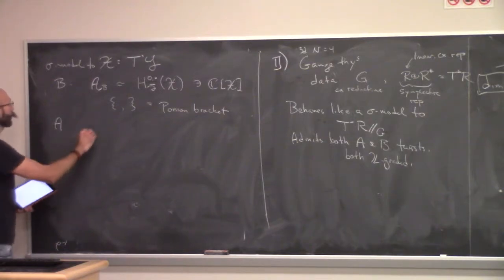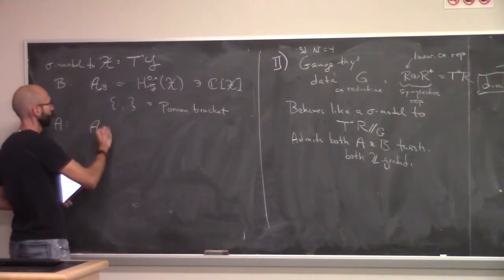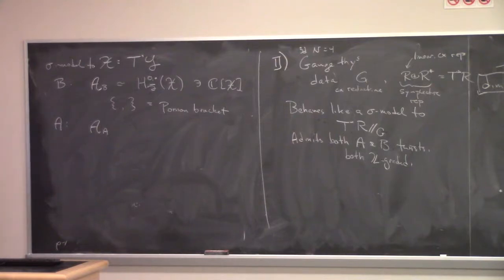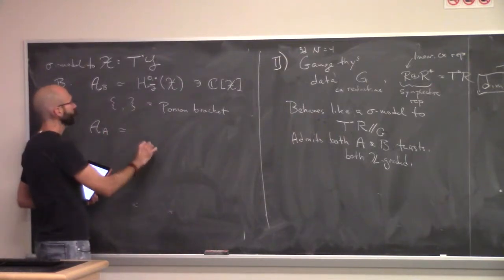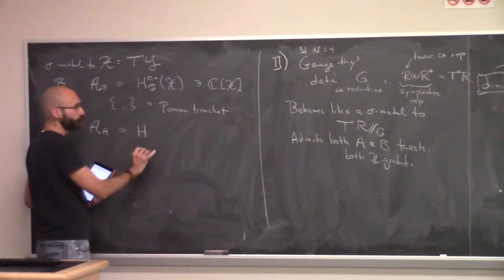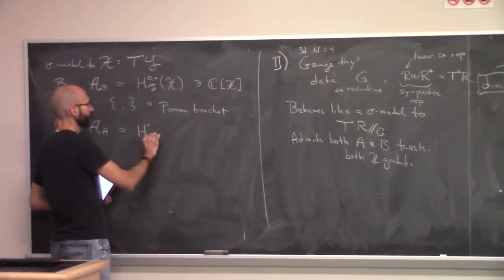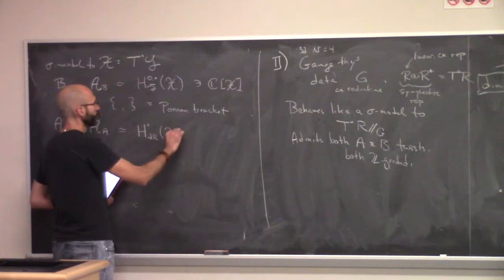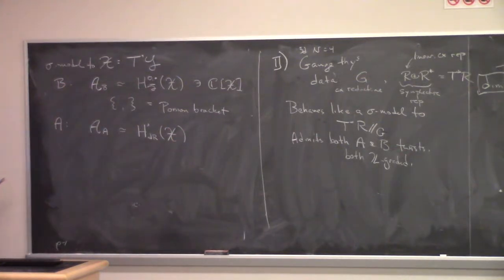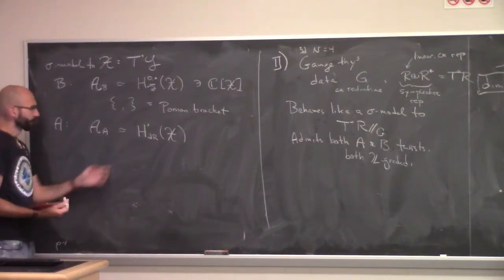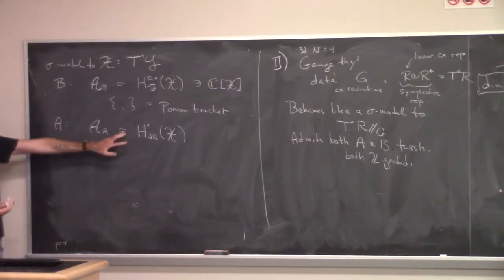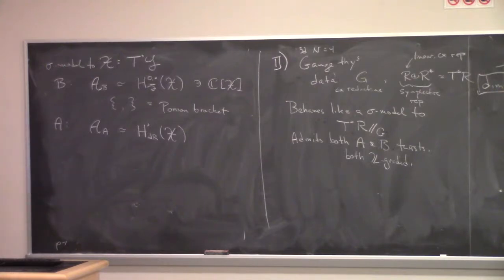In the A-twist, this algebra is much stupider, or much smaller. It's de Rham cohomology of X. It's the same thing as de Rham cohomology of Y. The product is not deformed like it is in 2 dimensions. So it's not quantum cohomology or anything fancy, it's just cohomology. Okay.